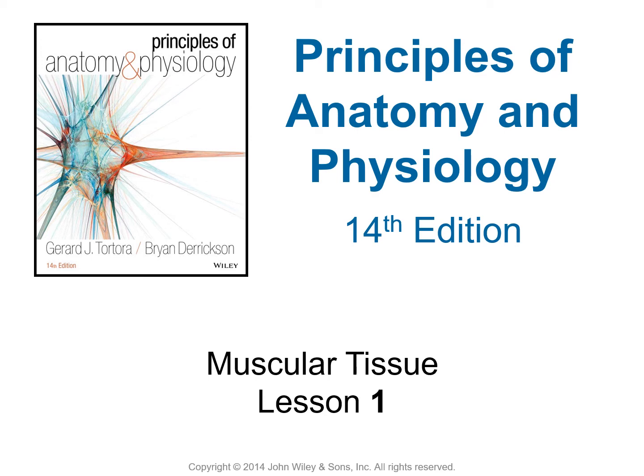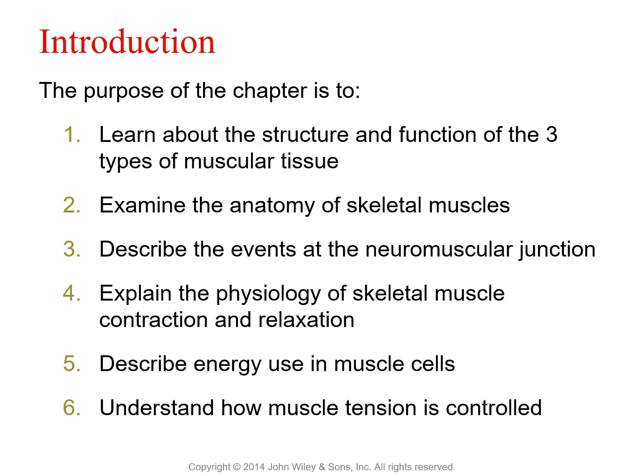We will now be considering the muscular system with an introduction to muscular tissue. In this chapter, we will quickly review the structure and function of the three types of muscular tissue. So that's skeletal muscle, cardiac muscle, and smooth muscle. We will then look at the anatomy and physiology of skeletal muscle in more detail, which is the main focus